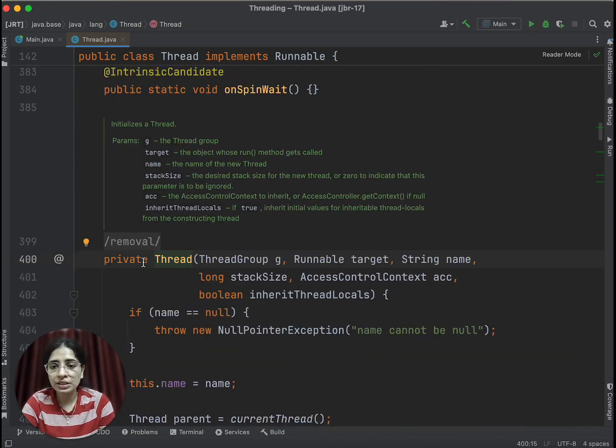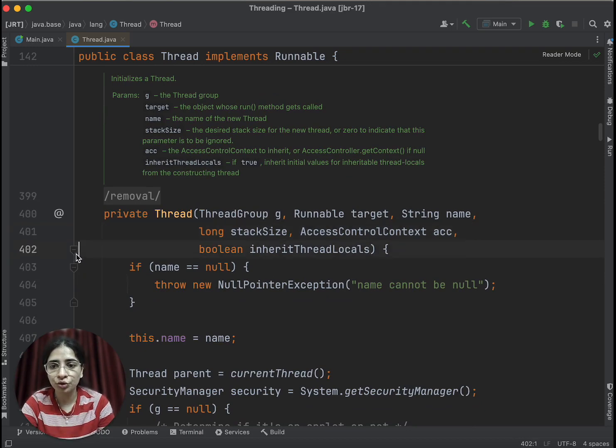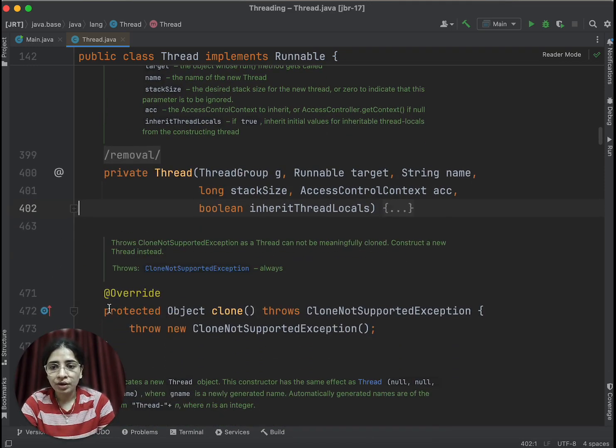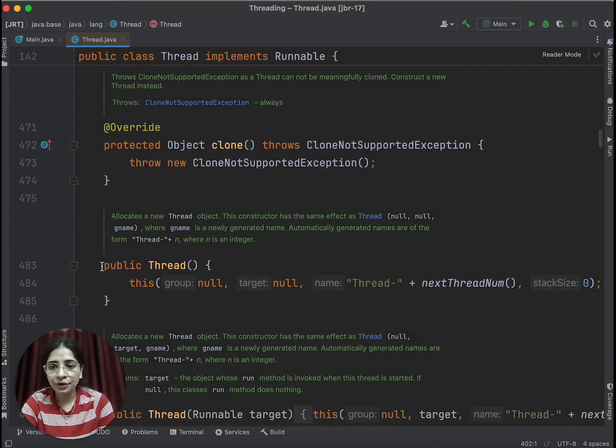So this is constructor number 1, which is private. Private means you cannot call this constructor outside of this class, right? Let's come back to this private constructor after some time, but before that I'll show you other constructors. Now, can you see we have a public constructor of the Thread class which does not have any parameters, but internally it is somehow setting 4 things.